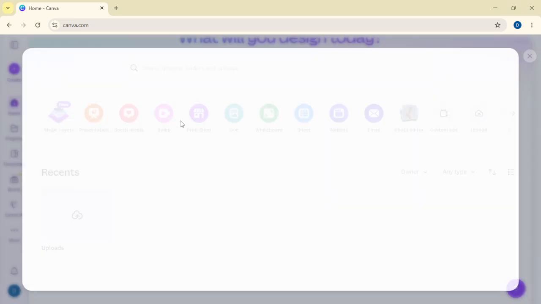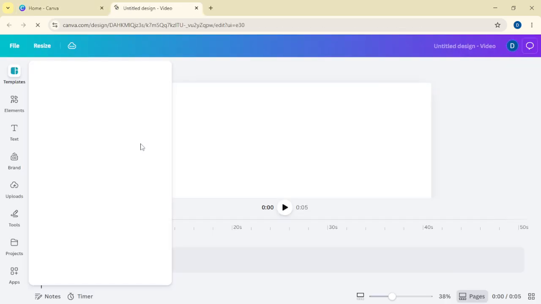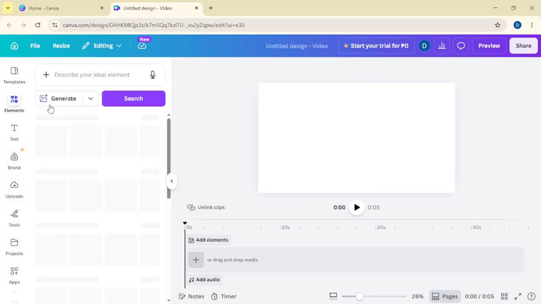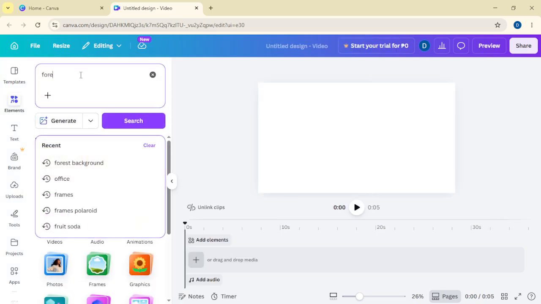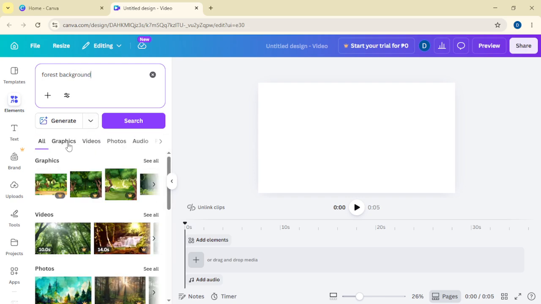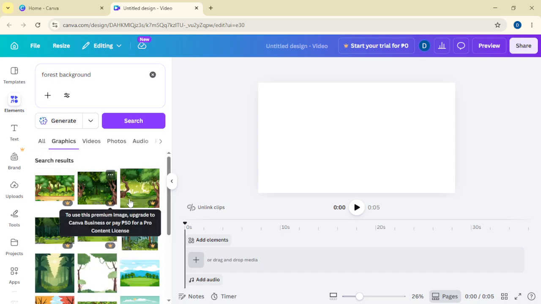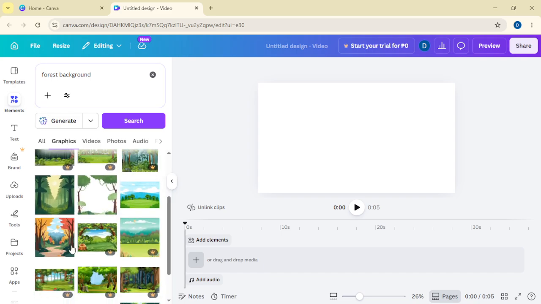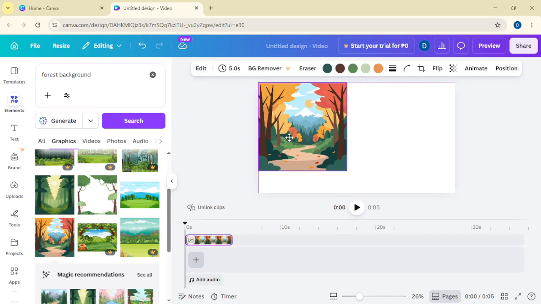After the blank canvas opens, the first thing we want to do is choose a background for the design. Go to the Elements tab on the left side of the screen. This section contains different graphics, shapes, and visual assets you can use in your project. Browse through the available options and drag a background onto the canvas that matches the style you want for your